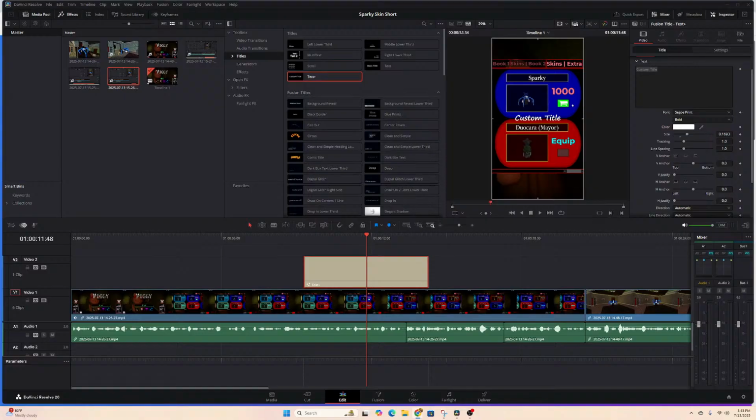Now I'm going to show you how to use it. The first thing you need to do is go to Titles and drag a text plus object onto the timeline. This is going to be your template for the subtitles, so you can customize it to your liking. You can add an outline and a shadow and move it down to the bottom of the screen. Okay, so now that you've customized your template,